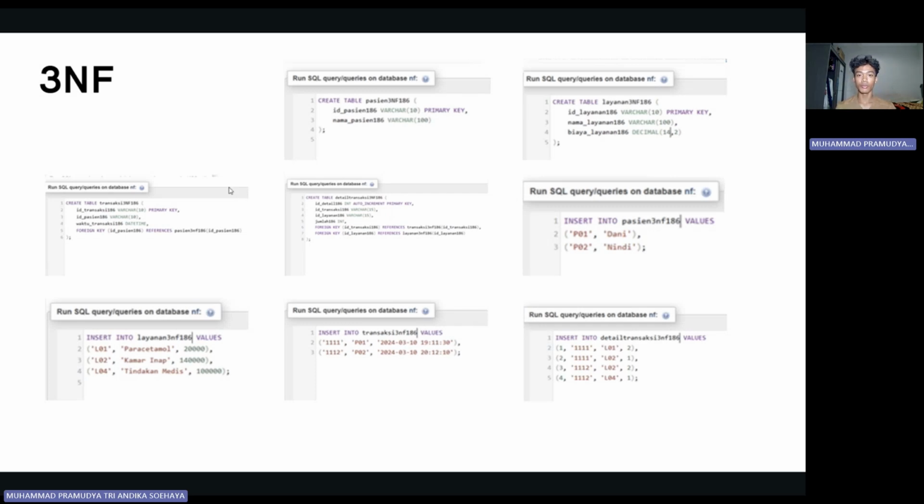Conclusion: in this database modeling system, this hospital payment system demonstrates comprehensive ERD modeling of healthcare transactions, robust relational implementation with proper constraints, practical SQL operations for daily hospital operations, and a fully normalized database minimizing anomalies. For future enhancements, it could include stored procedures for complex billing logic, views for common reporting needs, and index optimization for large datasets.